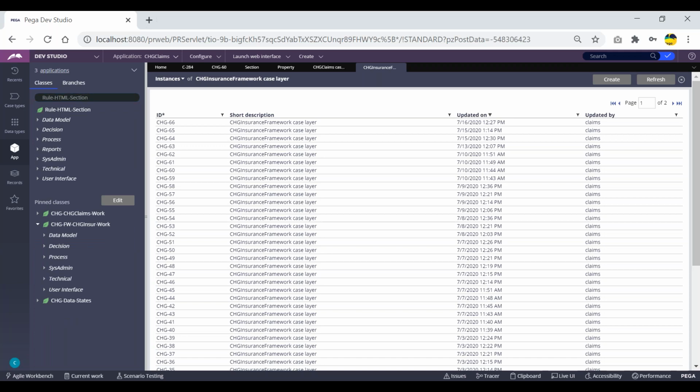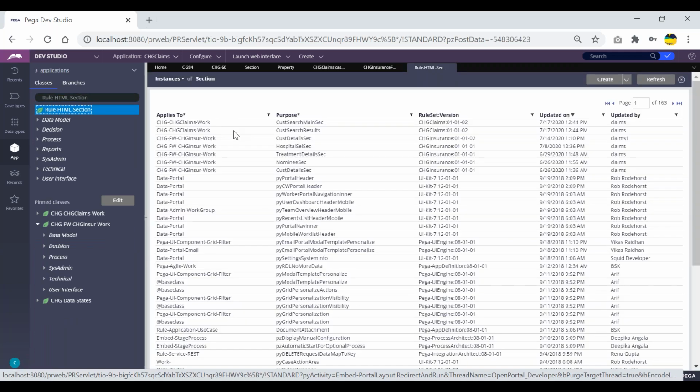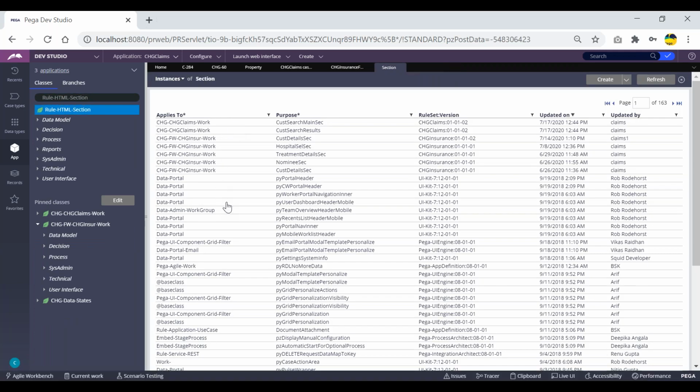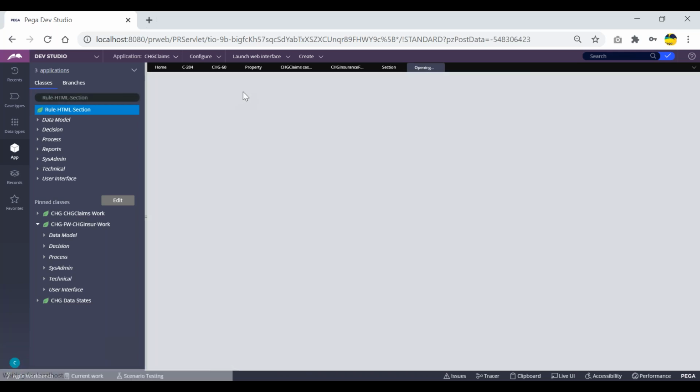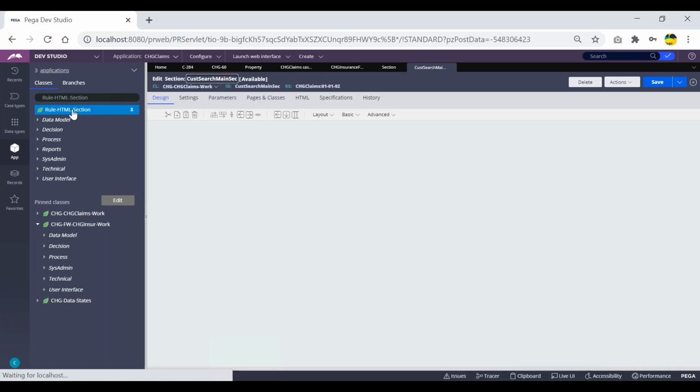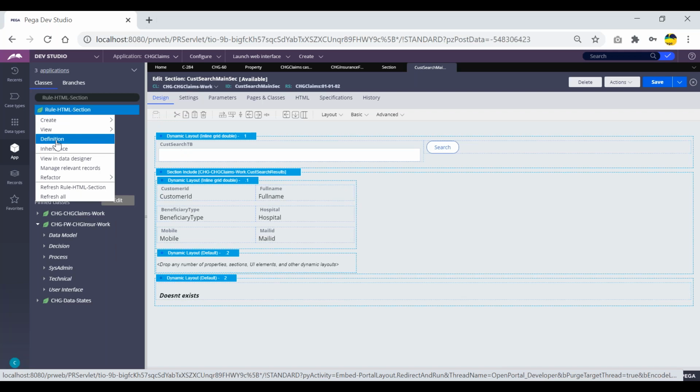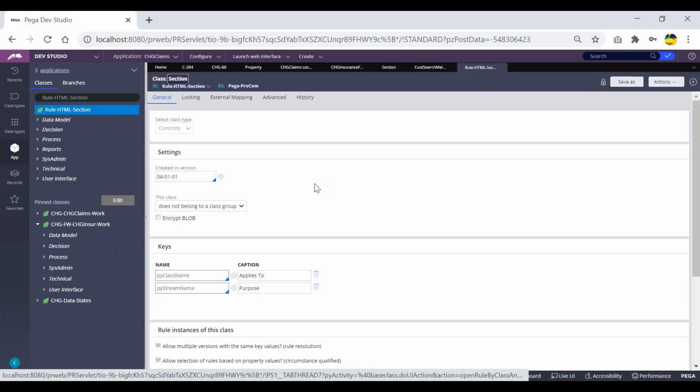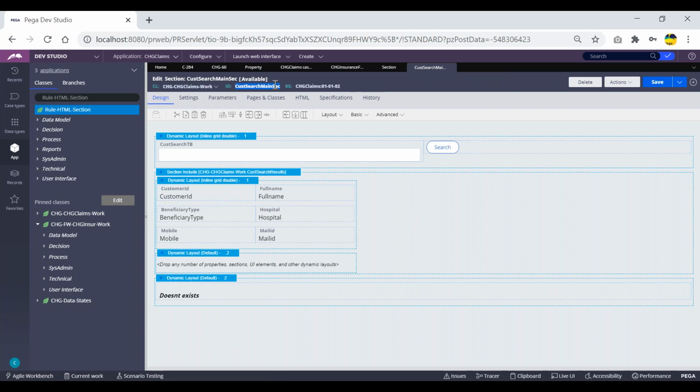So this is the instance class. If I click on this instance class, I will get all the instances of the particular sections. So here, what will be the class key? This will be the instance class key, and this will be the key. Key meaning the ID for this. So key meaning this ID only.